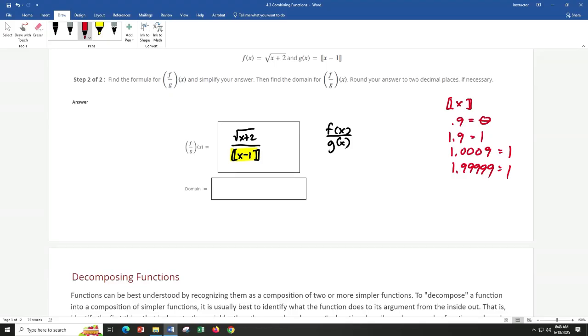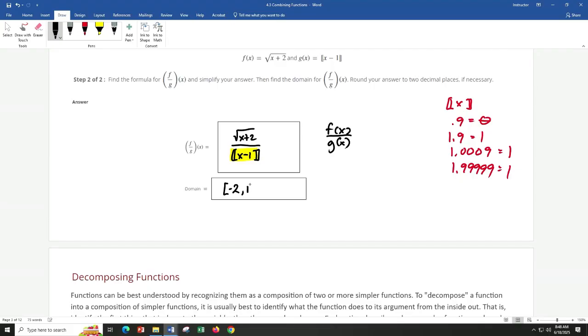Now, here's the thing. These are really hard to graph in Desmos. They're not impossible to graph, they're just really hard to graph. Square roots are easy. Whenever you do the square root, if you want to see the domain, make sure it's greater than or equal to 0. Make it equal to something. So the domain of this guy is going to be